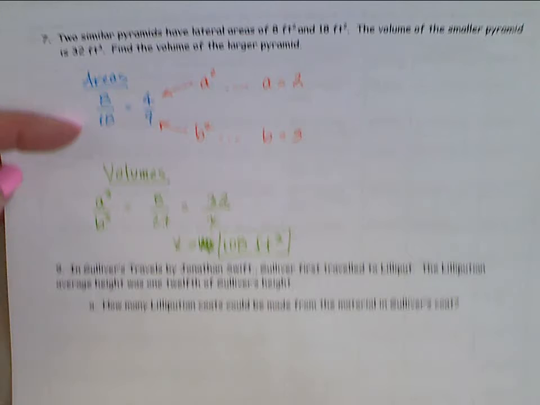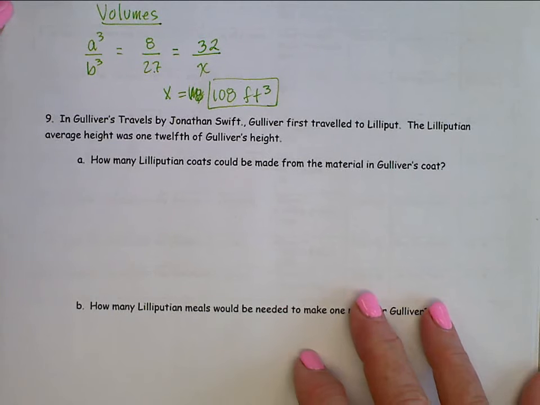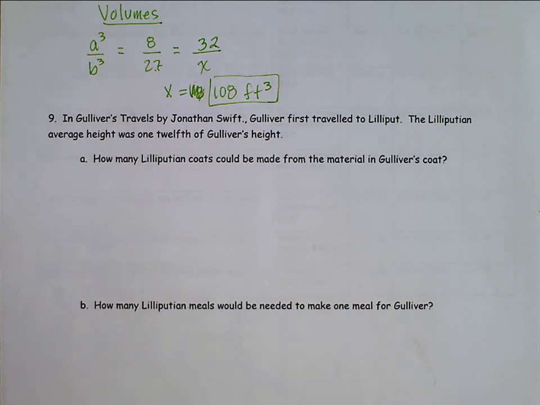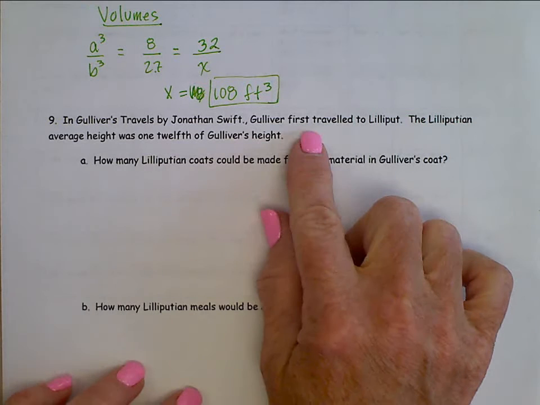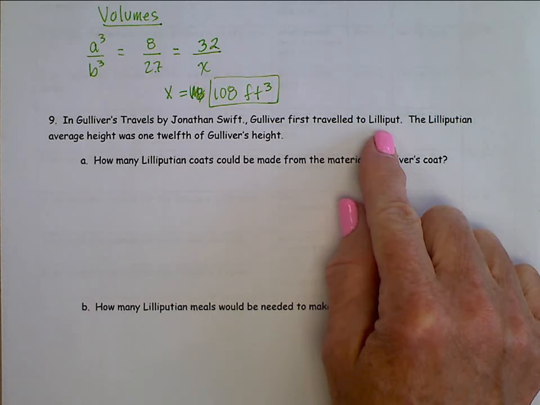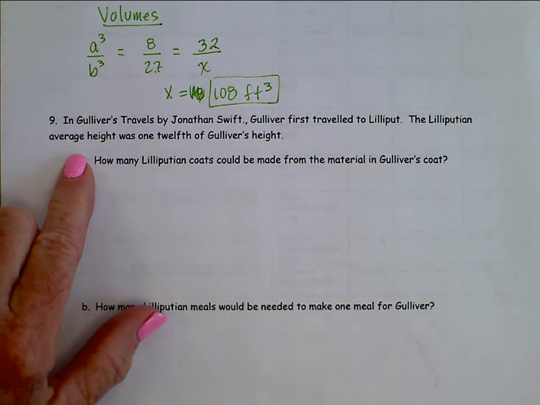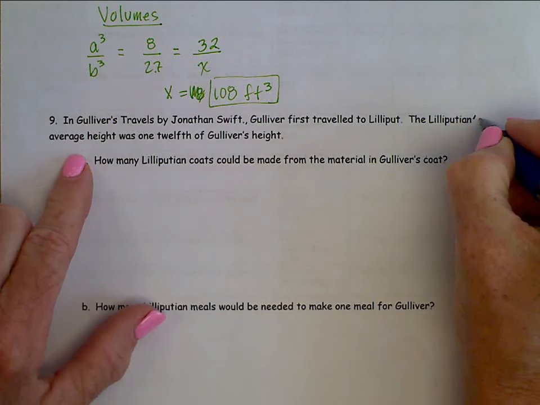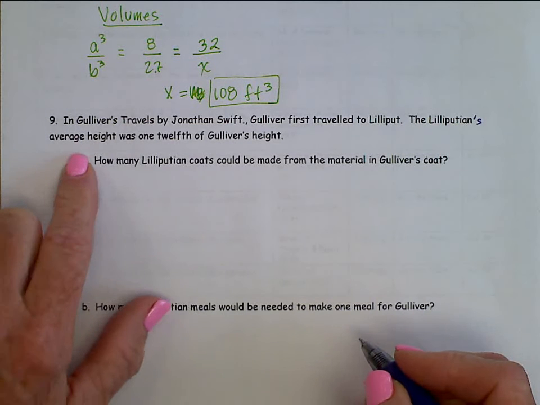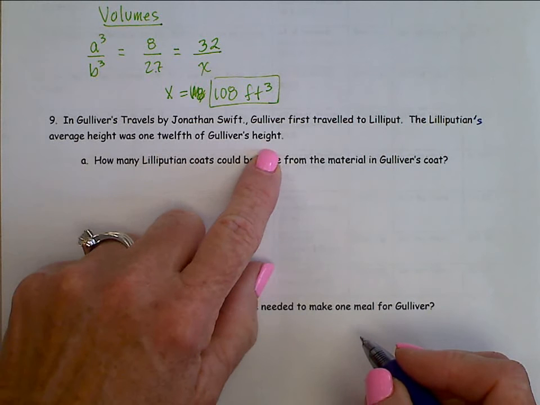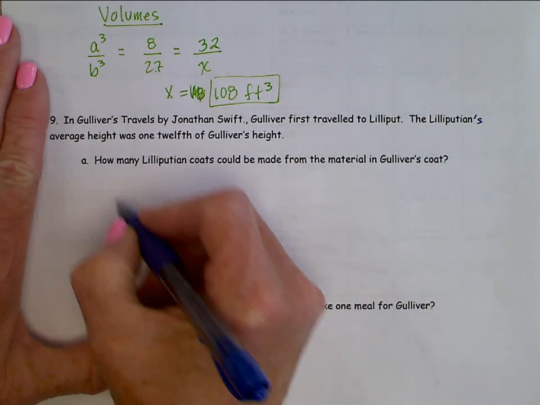Last problem here has to do with a book called Gulliver's Travels by Jonathan Swift. And in this story, Gulliver first traveled to an island, I guess, called Lilliput. And the Lilliputians' average height was 1/12 of Gulliver's height. Oh boy. So if we look at heights,